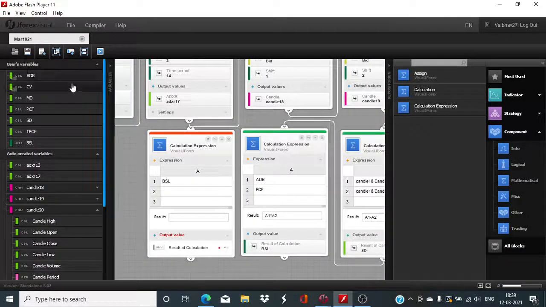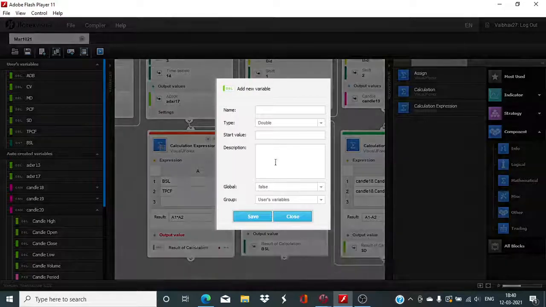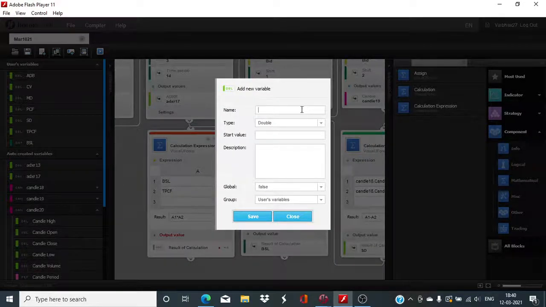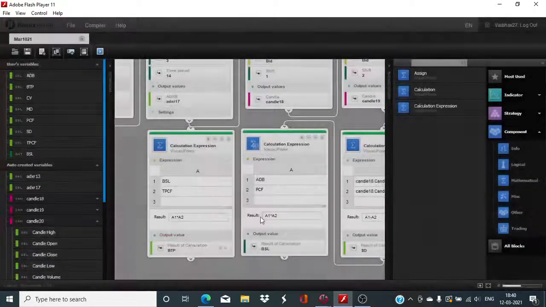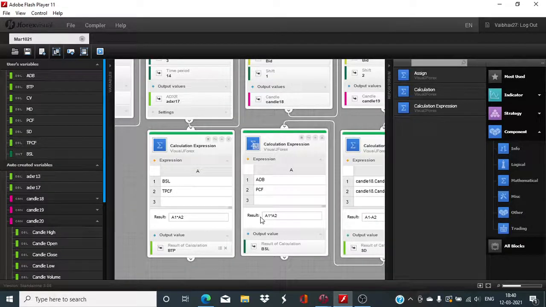So we take again the A1 into A2, and this will be buy side take profit. Okay, so we have